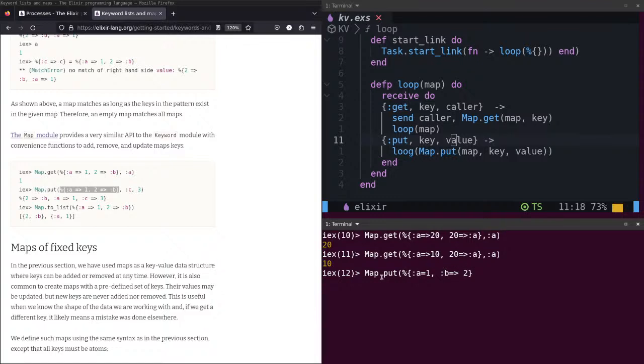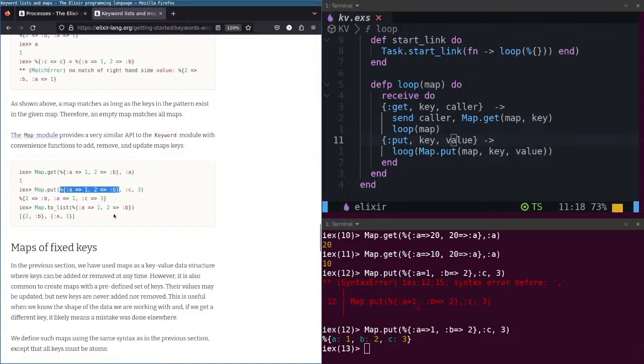Okay. Now I will add another one, c with value 3. Okay, right. It adds a new key-value to the map. Right. Okay.